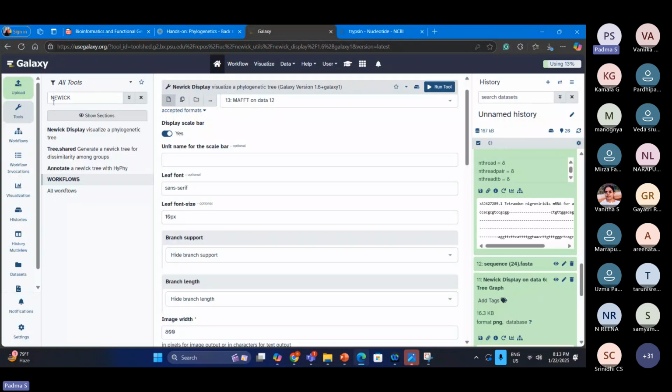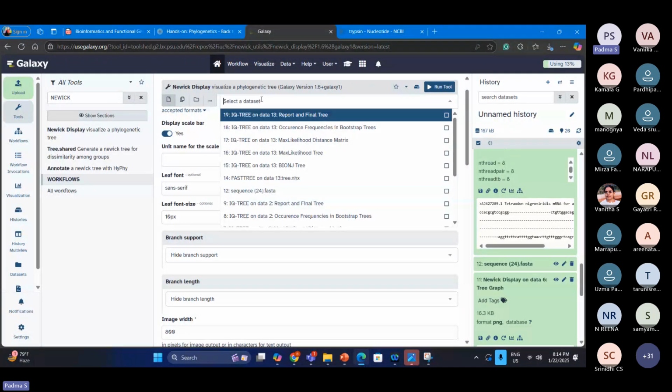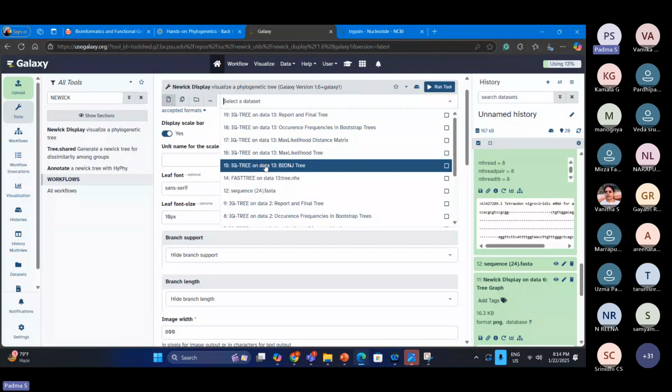For that you have to type in the toolbox, go to Newick and select Newick Display, and you have to select which file you want to use. So here I have taken the mapped